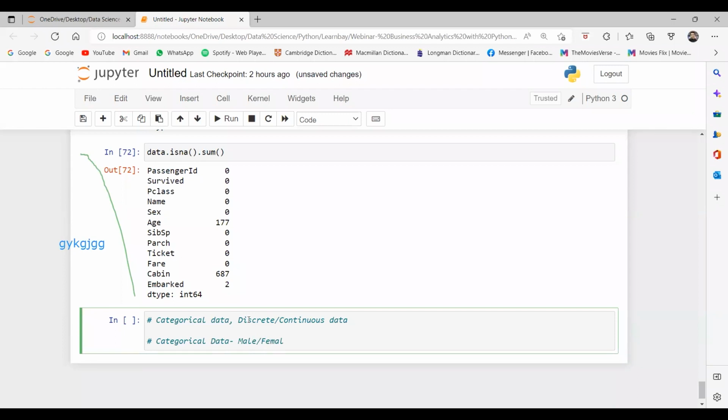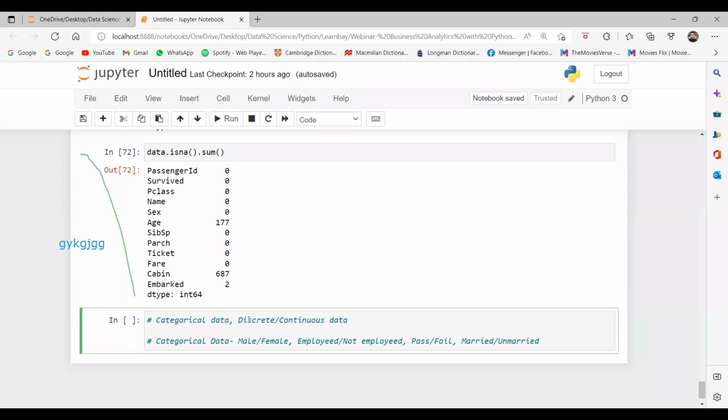Gender is a category. Or employed or not employed, pass or fail, married or unmarried. This is categorical data.